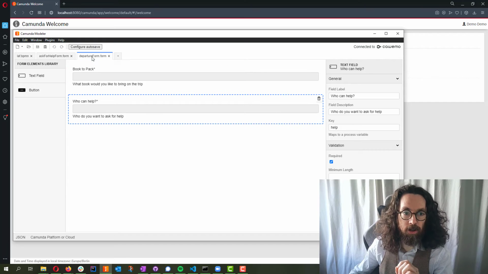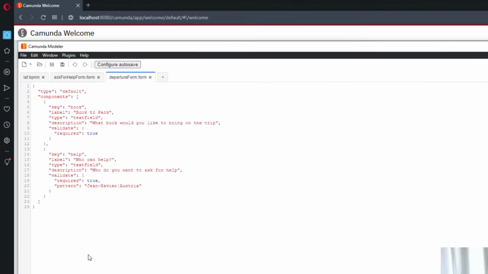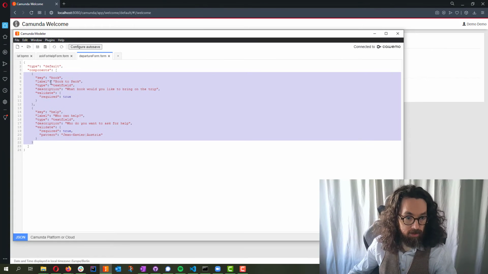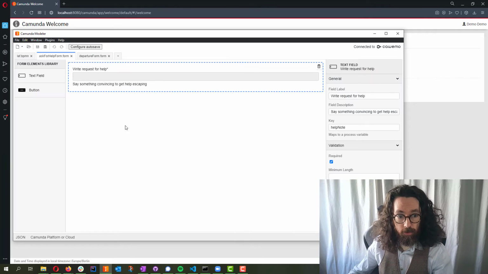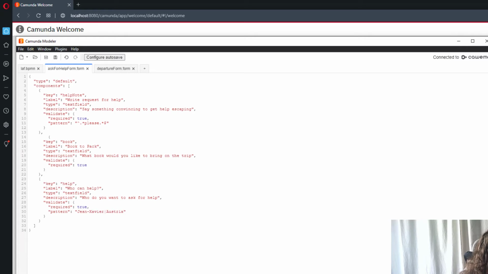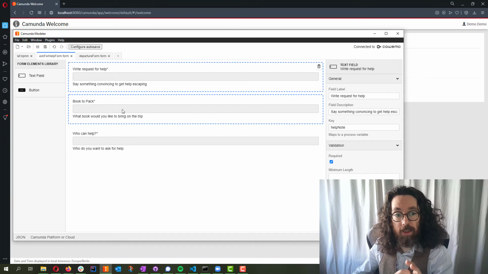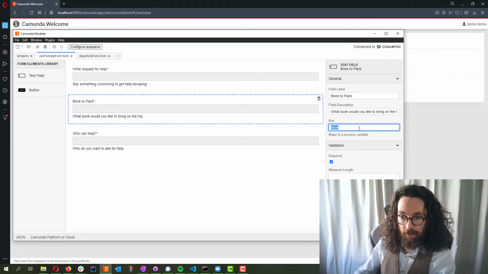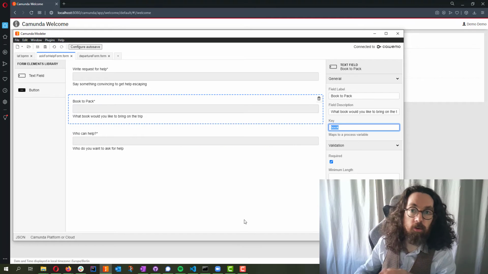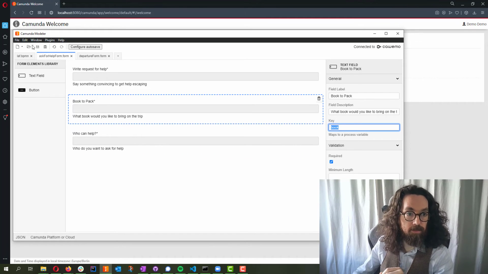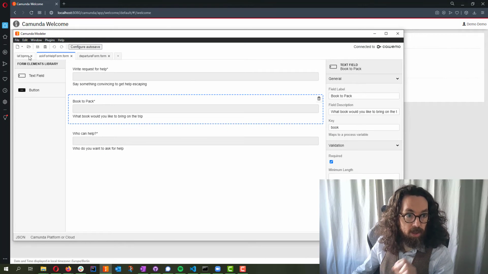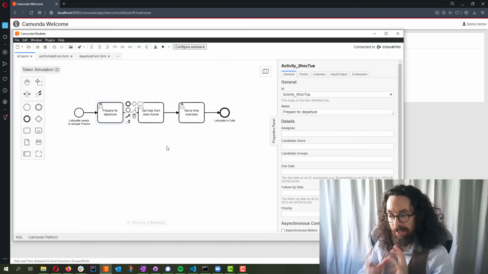We can actually go into the original form itself. And in the JSON, you see that all of the elements are described here. So we can actually just copy those straight out. Go to the newer form, go into the JSON here, and then add a comma, and then throw these new fields in, and there they are, they're alive. And the thing is, with the way the form works, if there is a variable with this name, it'll already show up if it's already been filled in. So you don't need to do any linking or input output at all. So that's quite nice. So now we actually have two forms, this one and this one. We have our Beefman model, and now we need to attach them in some way.